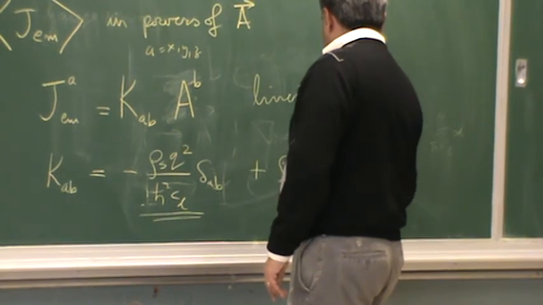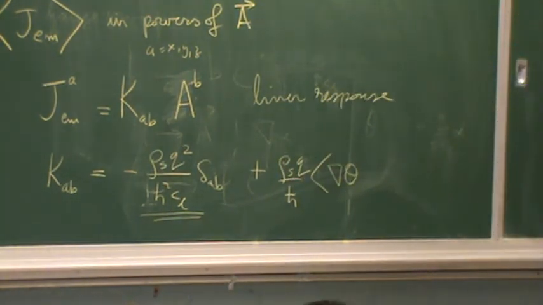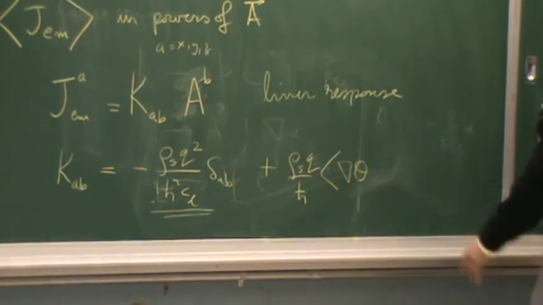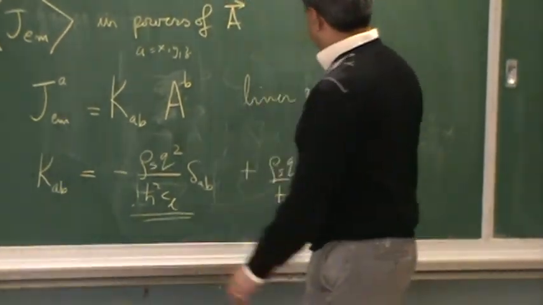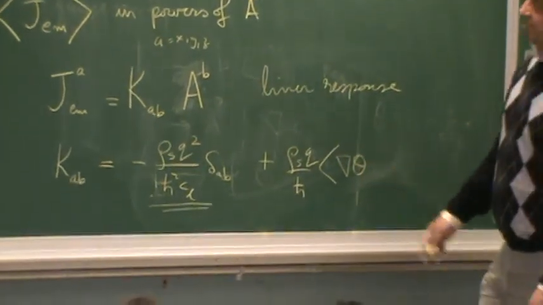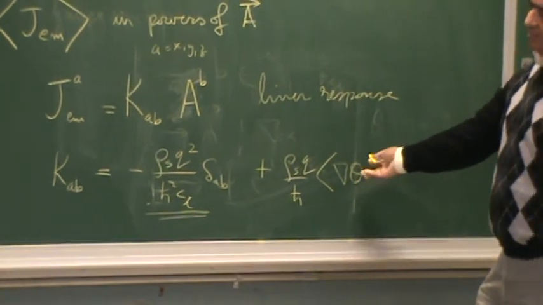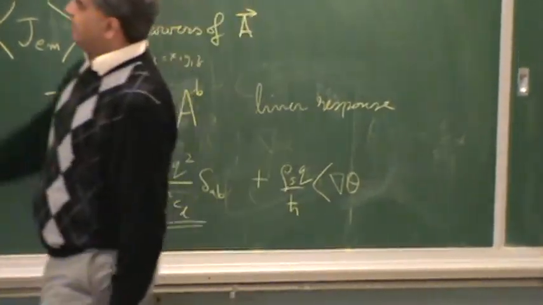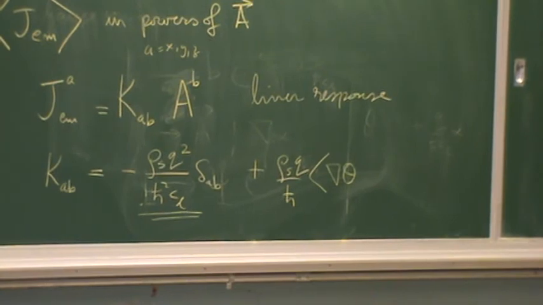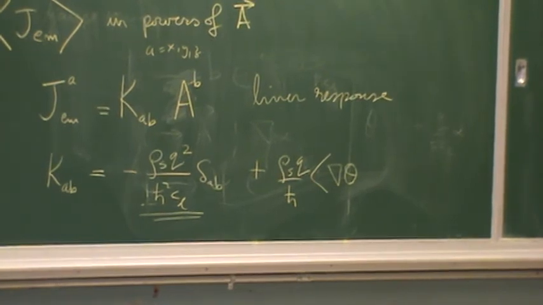Then the expectation of the grad theta. Well, expectation of grad theta is just 0 because under spatial inversion, k goes to minus k, this is going to give me 0 when I integrate over k. But I have to expand this out. So when I expand this out, I get a term here. So the action